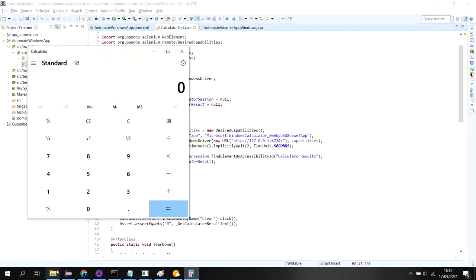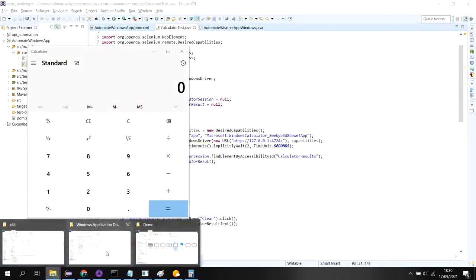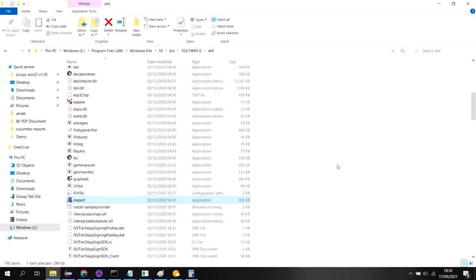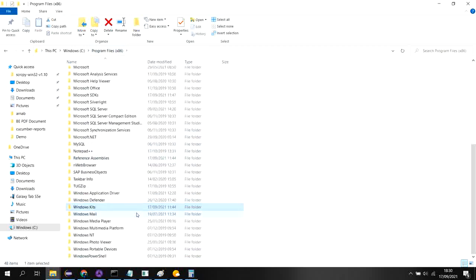After downloading the Windows SDK, you have to install that one. After that you will find a folder under Program Files (x86), Windows Kits.